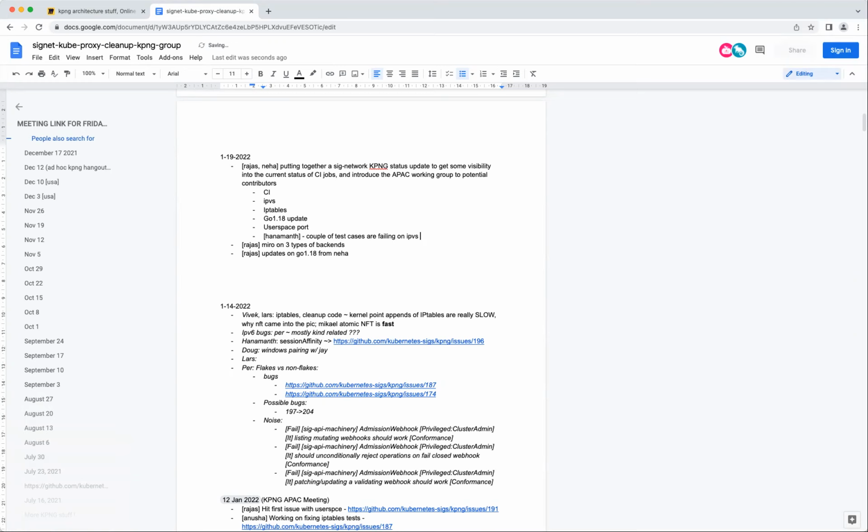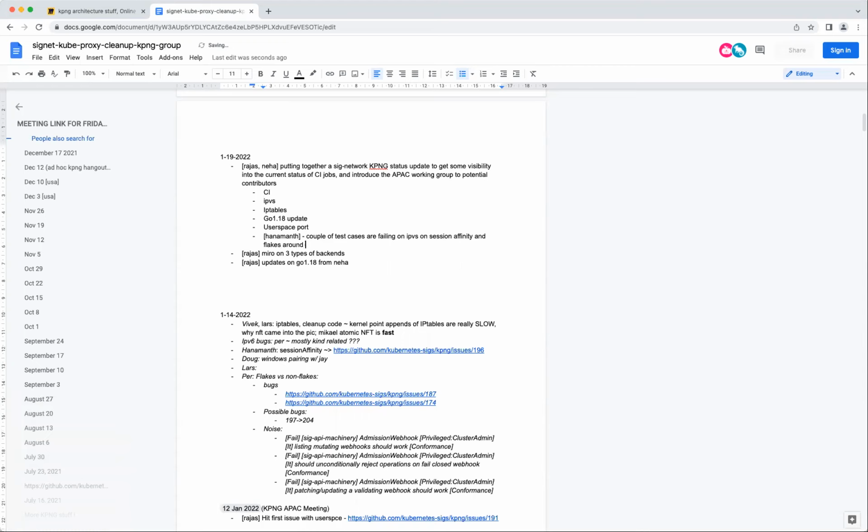At least in the IPVS case, the code is still missing. I was supposed to add it, so that's why they were failing. But I raised a review, and in spite of that, they were failing. Then I did analysis last Saturday, Sunday. A couple of those 6-7 test cases relate to switching the session affinity on and off at runtime. Basically, they create a service with session affinity on, and then they switch it off. So that kind of test case.